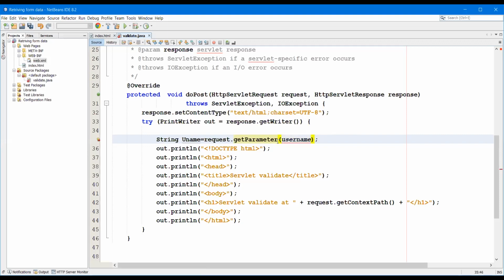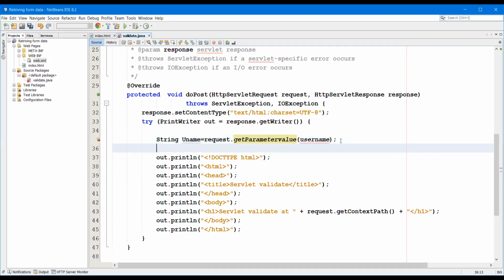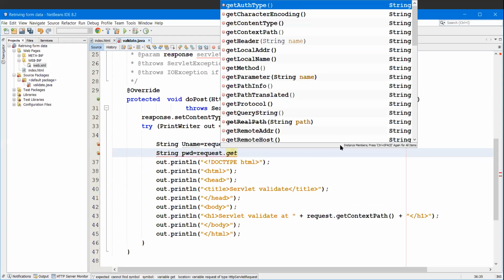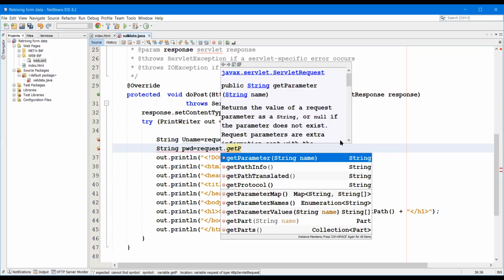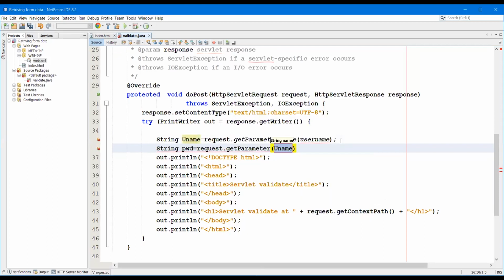Get parameter value. Next, again we need to create a variable for storing the password. request dot getParameter, with the parameter name as pwd.